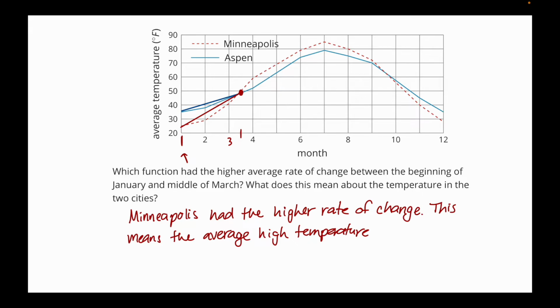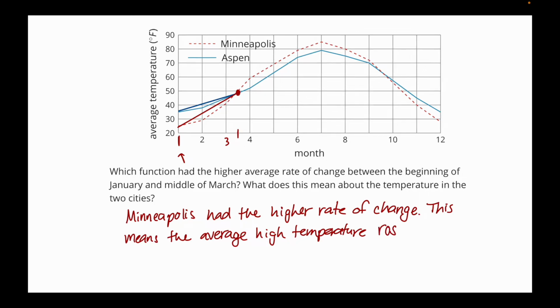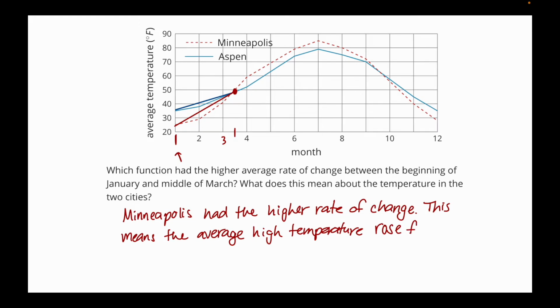I'm going to say rose because we talk about temperatures rising normally. So that's just my choice of words. Like I said, you can use really any of those three. We're just trying to say it's increasing. So it rose faster